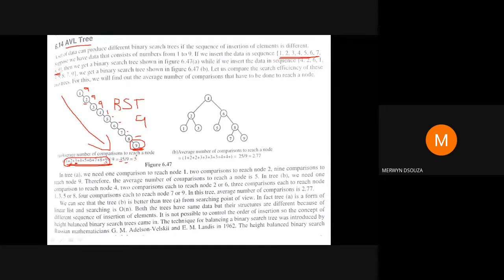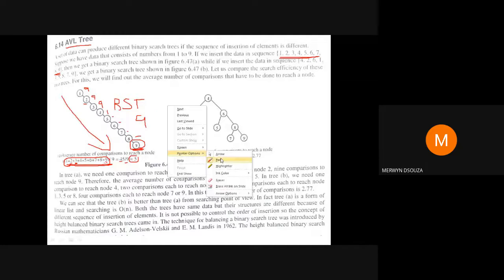So on average, I would need to do 5 comparisons to find a node. This type of binary search tree makes searching a little bit tricky, less efficient.